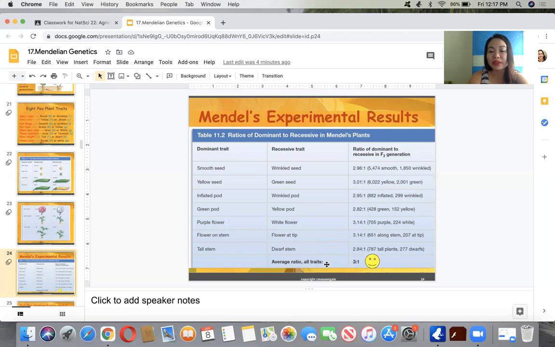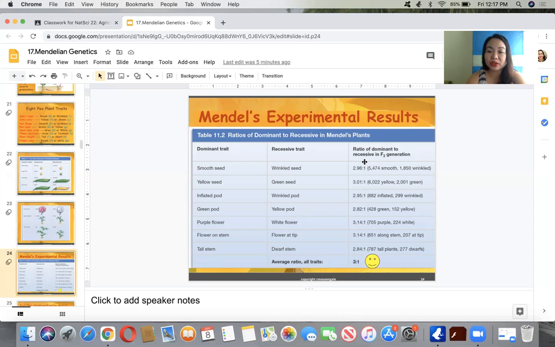The average ratio of all traits is 3:1, meaning the dominant trait always comes out visible, while the recessive trait is not so visible